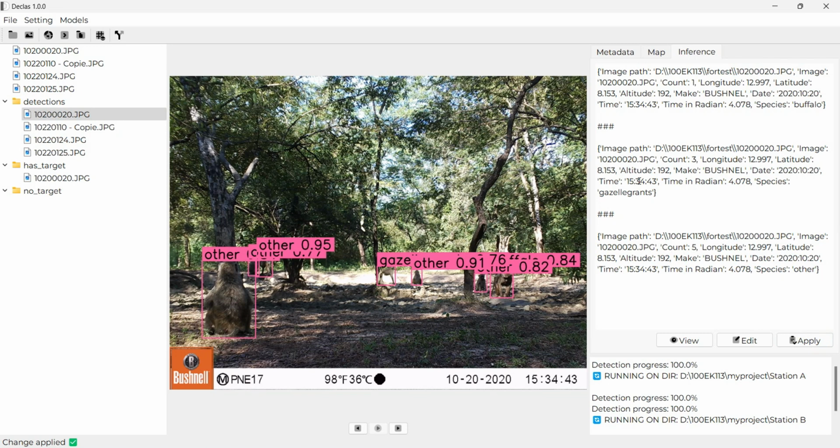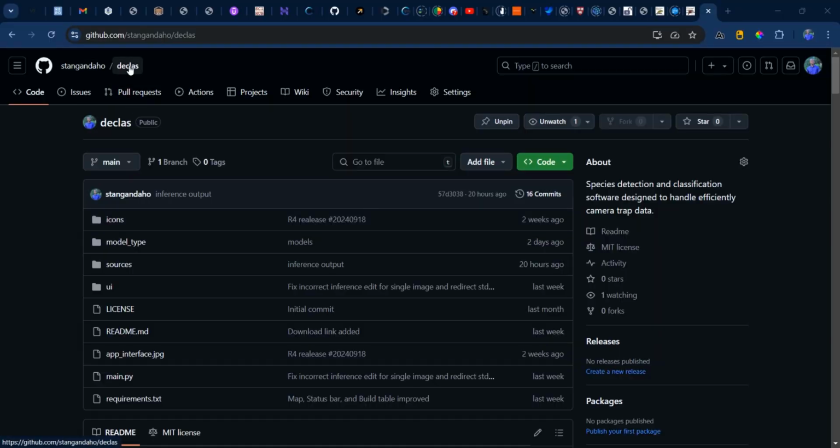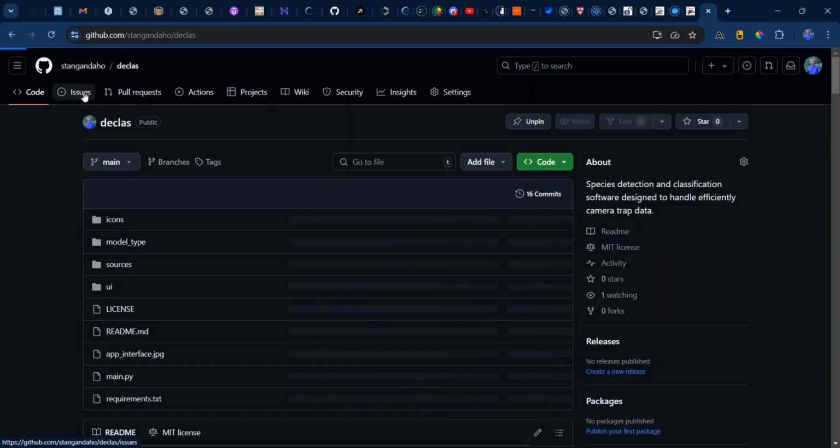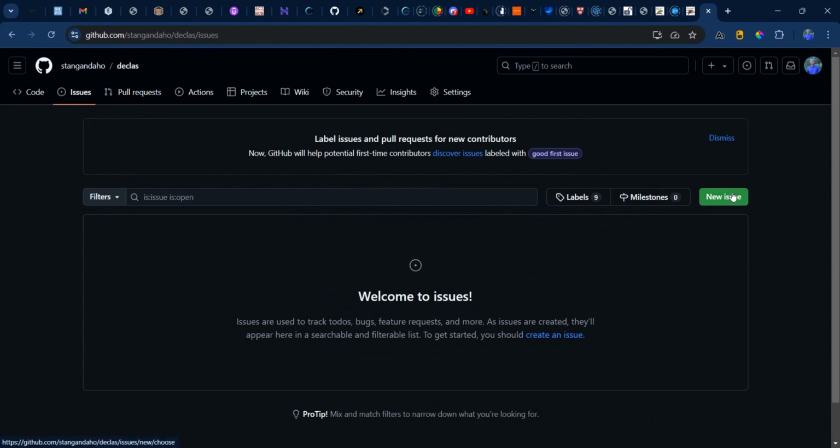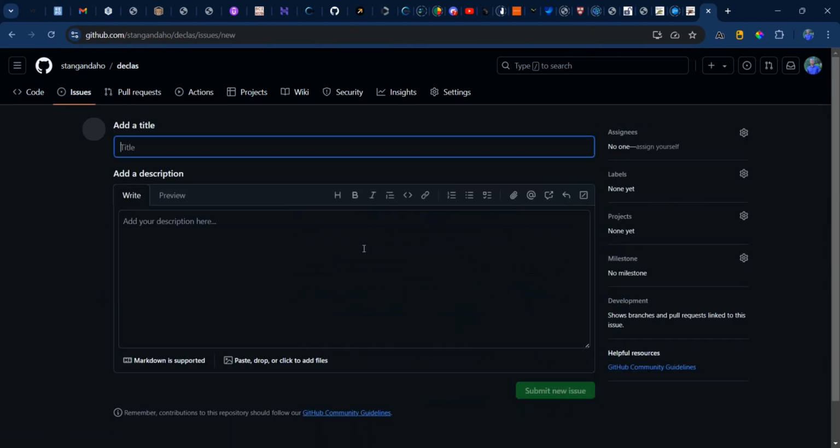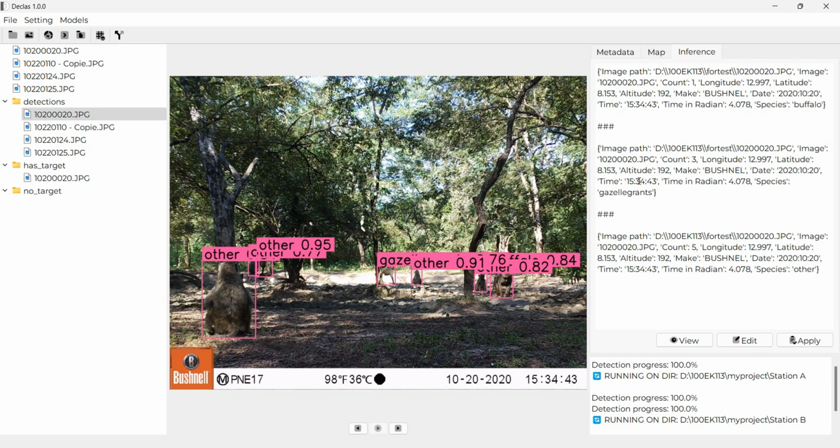Okay, that's all. That is what I wanted to show you about the class for using detection, classification, single detection principle, and more. If you have any feedback, suggestions, or corrections, feel free to share them. If you have any issues, go to the GitHub repository of the class and create an issue, and specify what is wrong, what is running badly, and I will see how I can assist you or help you to use the class for your project.